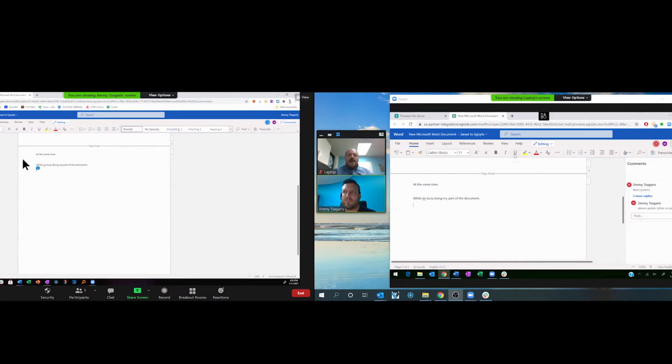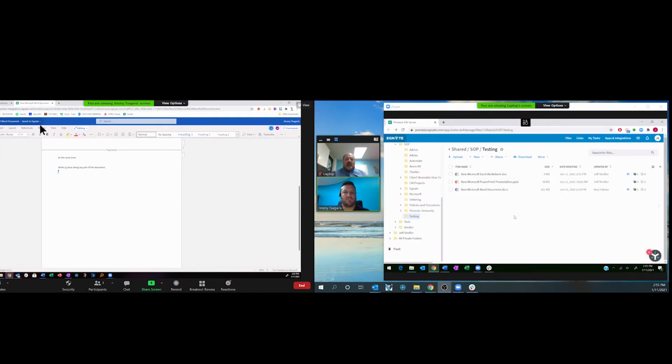So that's... And again, I can see right where you're at and right where you're operating, so we don't impede on each other's workflow. We don't crash there. In the database world, they call it a deadly embrace. We don't have a deadly embrace. Very good. I'm going to go ahead and close that document,